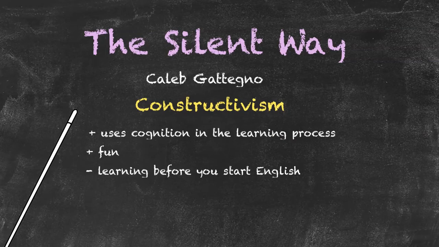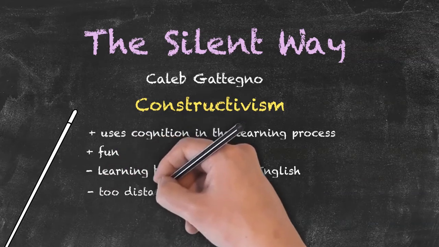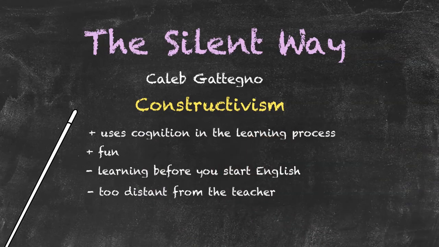The whole point of the silent way is that the teacher would say as little as possible, apart from the modelling of language initially, and one of the main criticisms was that it was felt that this particular methodology was so far removed from didactic teaching, the teacher standing at the front and explaining, that students found it very difficult